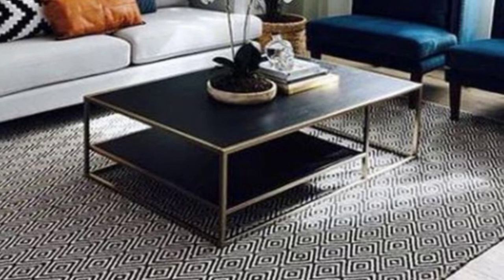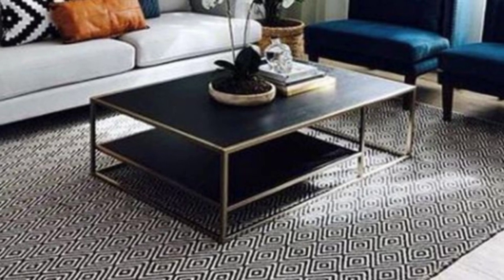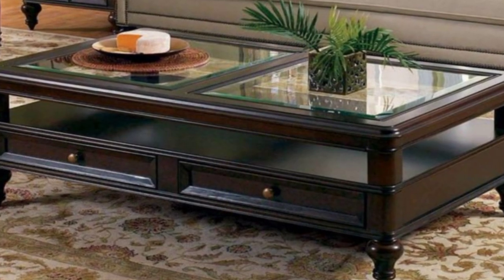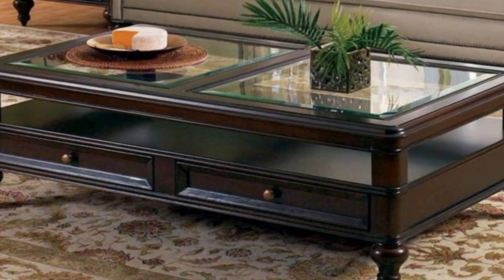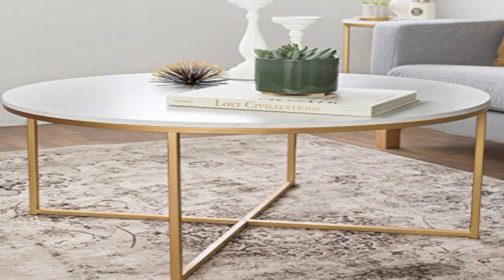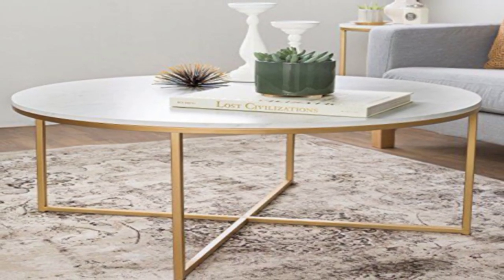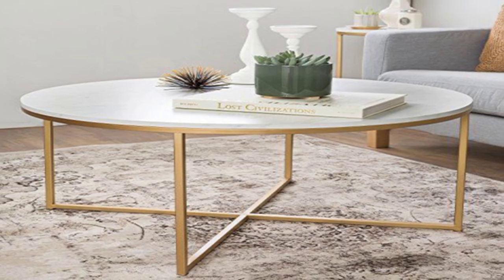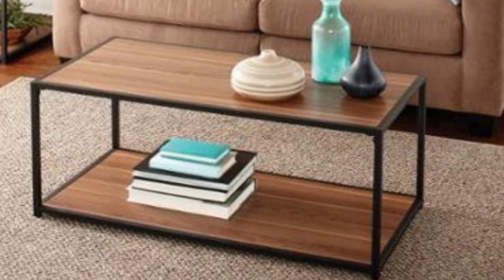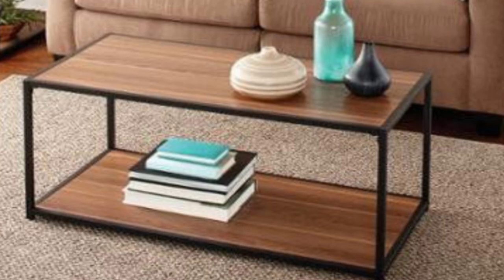A cup of coffee can do so much. It can start a conversation, perk up your mood, energize your soul, and fire up your little gray cells. So why shouldn't the coffee table deserve as much attention as the coffee you love? The coffee table is often the center of attraction in your living room and can help you make an impressive